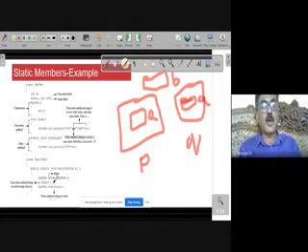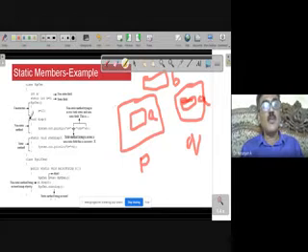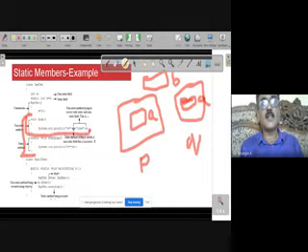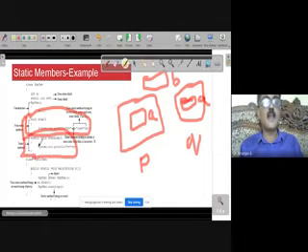Then another important point is, out of these two methods, this is the street dog. I said street dog is a non-static method, and this is the house dog. A street dog has to be accessed only through the objects.